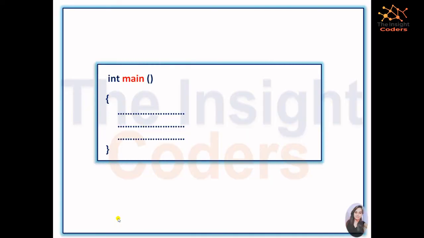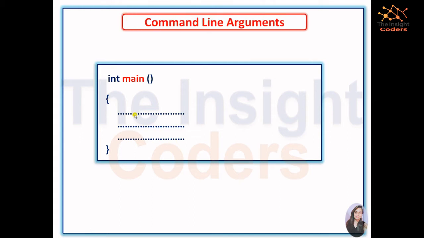Whenever you talk about C or C++, the most important function is the main function. But mostly it is defined with the return type int, and without parameters, that is, you do not pass any parameter here. Whatever you need to do, you just do in its body, right? But when we talk about command line arguments, we pass two parameters here. And these parameters are basically these two.